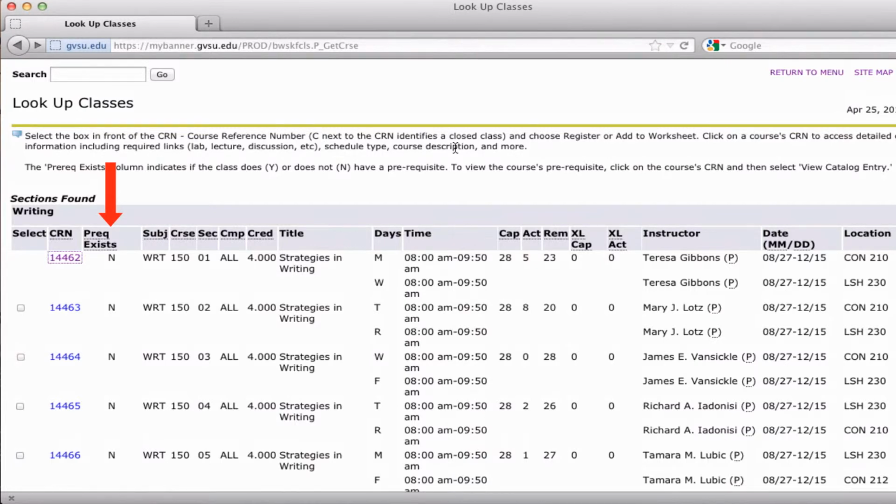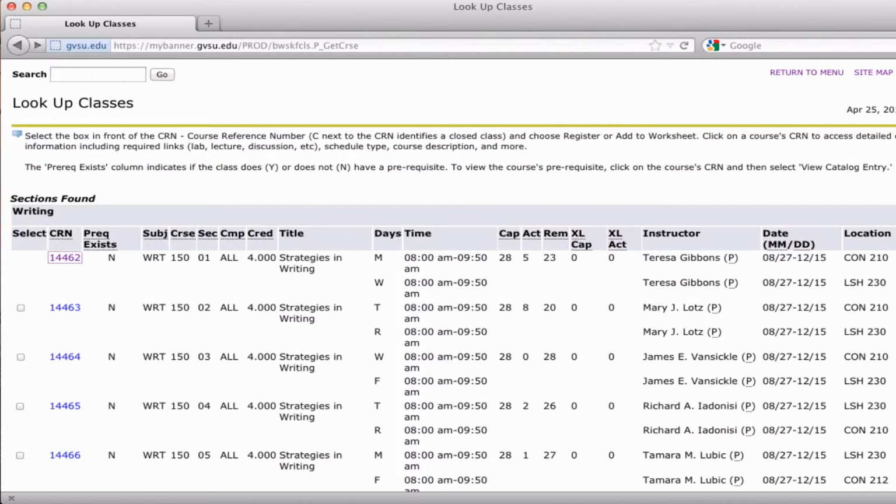Our next column alerts us to whether or not a prerequisite exists for this course. A prerequisite is when a specific course must be taken before another course. For example, Writing 150 is a prerequisite to taking an SWS. The next two columns include the subject and course number, in this instance, Writing 150. The section column is next and is important. For Fall 2012, there are 61 sections of Writing 150. This means that there are 61 different courses to select, all that meet at different times in different locations taught